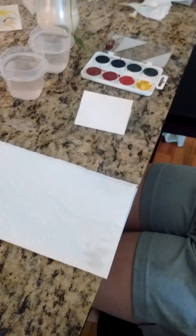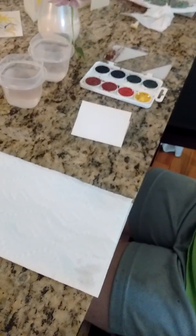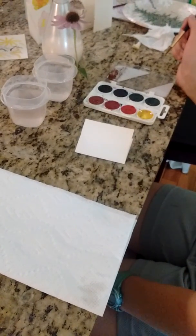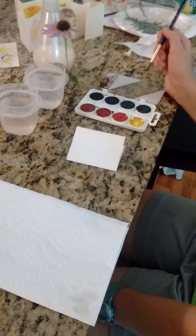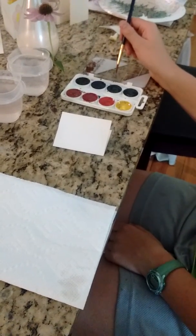A little demonstration of dry brush painting here, because a lot of people have been asking about how you do it. My daughter's going to do the painting and I'm going to do the narration of what's happening. The main idea with dry brush painting is that instead of using a wet brush